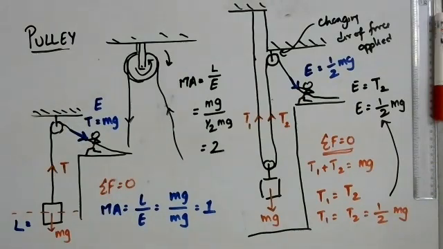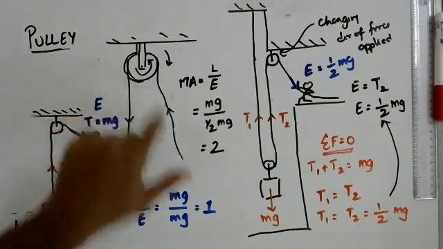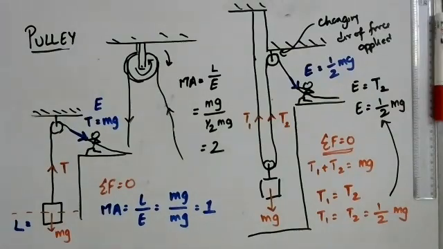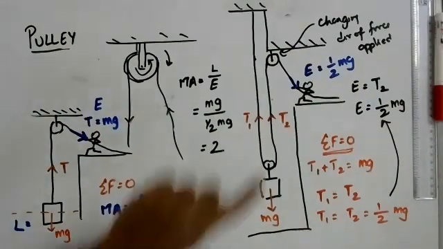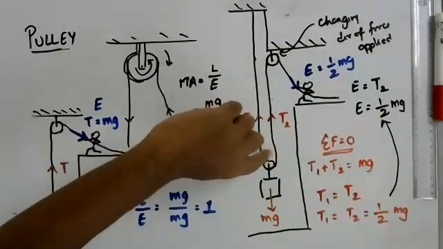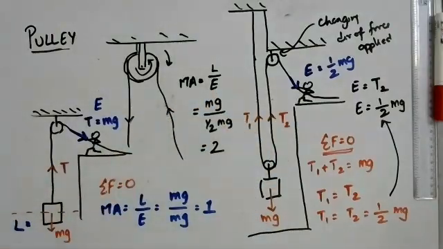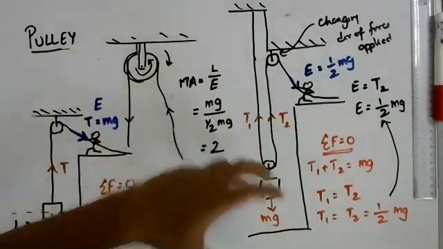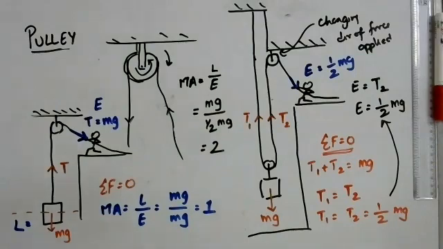So that means that in an ideal scenario, and I'll tell you a little bit about what the ideal scenario is. The ideal scenario means the pulleys that we are talking about now, theoretically, do not have any friction. So you don't have to overcome friction when you pull it. Second thing is the pulleys themselves are massless. So this pulley does not have any weight. How can you make a massless pulley? You can if you are just theorizing about it. And the third thing is that the ropes are not flexible, that means they are rigid ropes, they do not extend, which of course cannot be a fact. Any rope will extend a little bit. And the ropes themselves are massless.